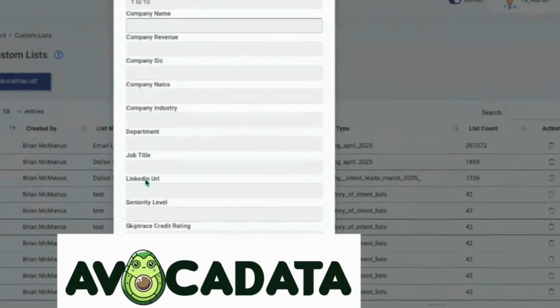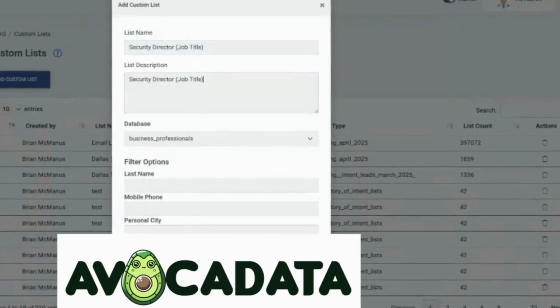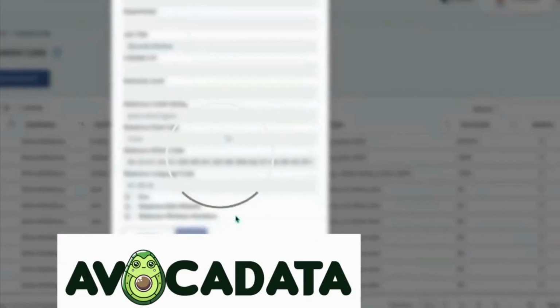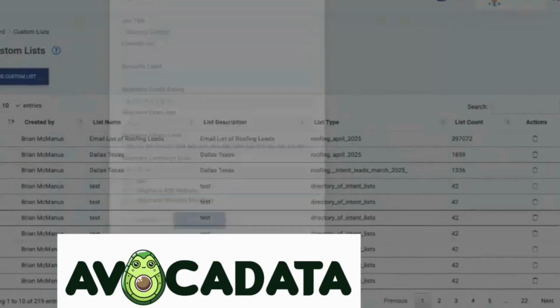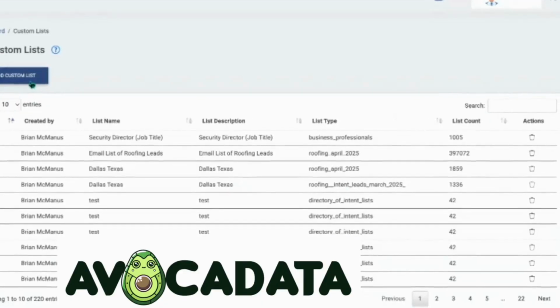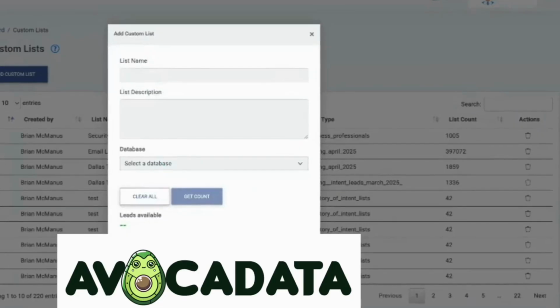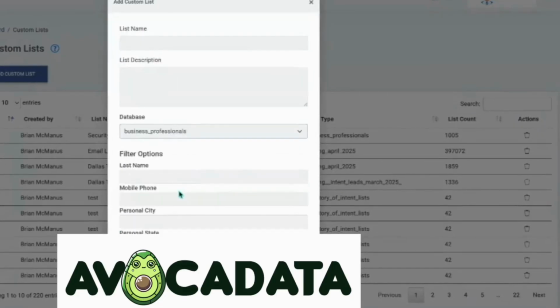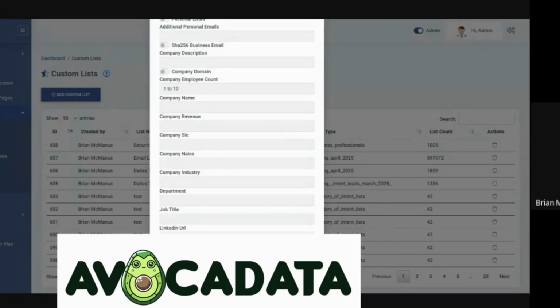So the first thing you said, security director, we'll do this as a search. We'll leave it as a job title. In that instance, there's just over 1,000 people who have the job title security director. But, and Mike, I see you're in here too, Mike F., this is an important thing, because that's not just one way to find security directors. There's another way. You can go up to the seniority level, put in director, and type in the job title security.